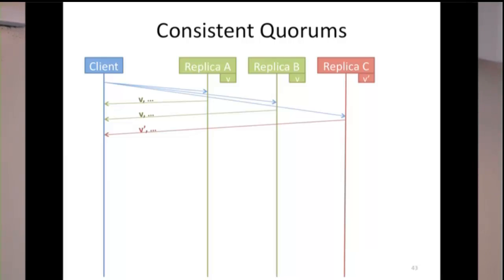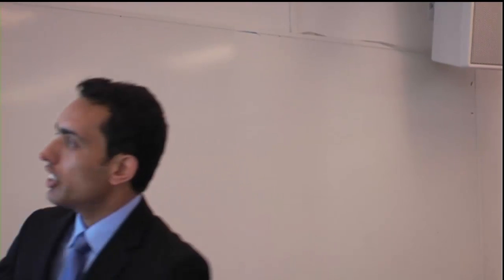So this one replies with V. This one replies with a V prime, because he thinks the view is V prime. There can be other data associated with it. We don't care right now. In the complete algorithm, we give what should be here as well, but this is just a high-level concept. Now, when the client gets all these replies,